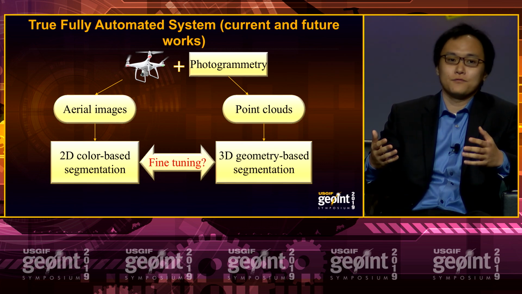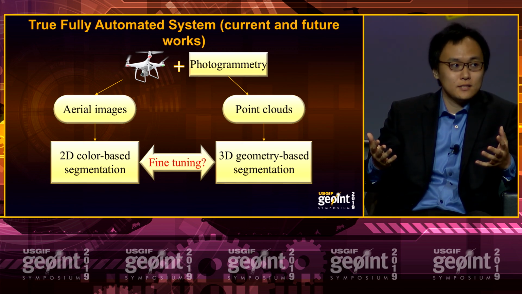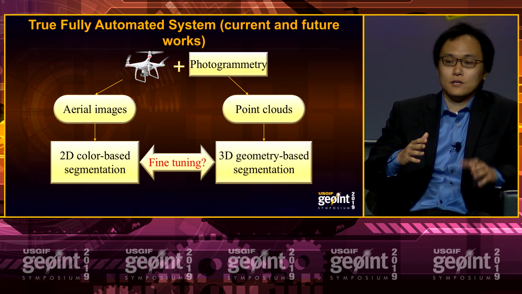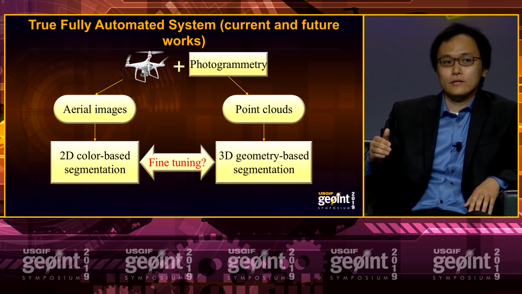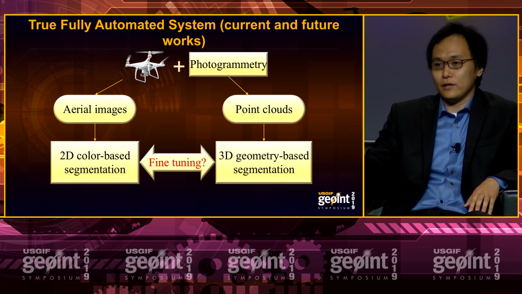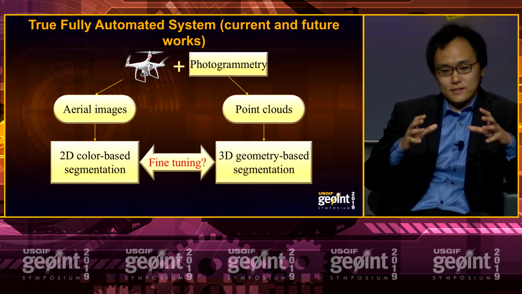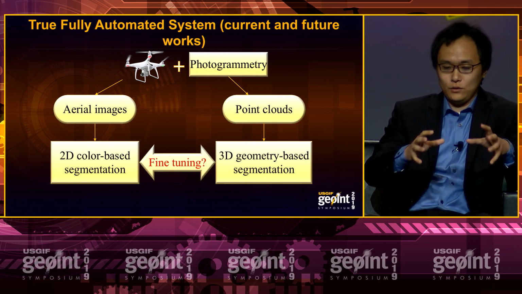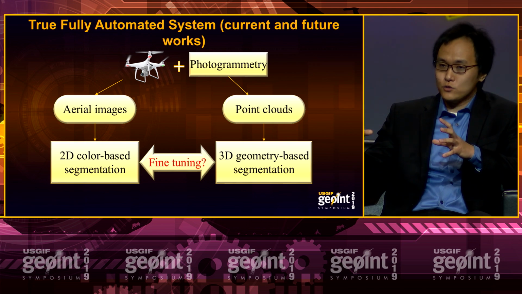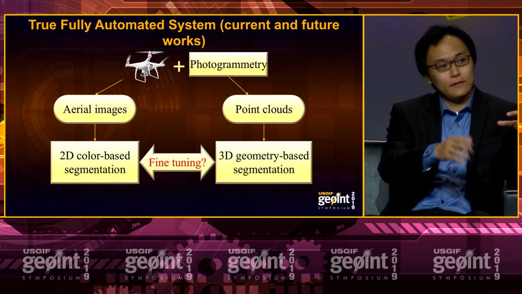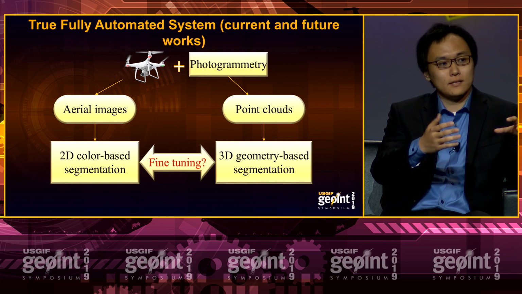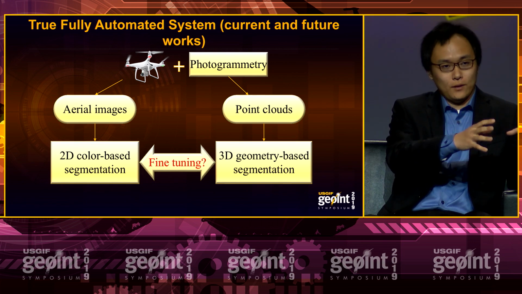It probably achieves 50, 60, or 70% accuracy. But with the confidence interval, you can probably extract 10% of the points that are 100% or near 100% accurate, right? So with this 10% of points, you extract it from a geometry model, you use it to fine-tune your color model. And then you probably can extract more points that are more accurate from the color model.